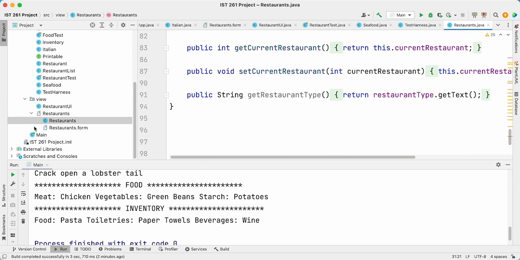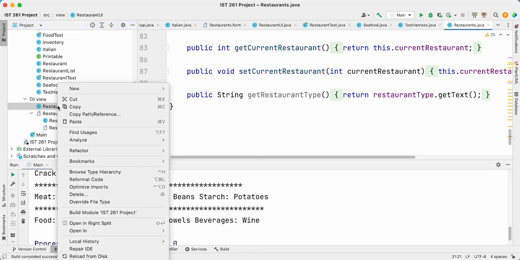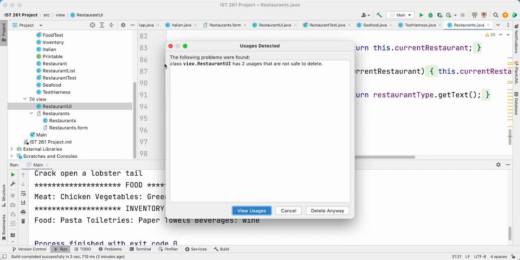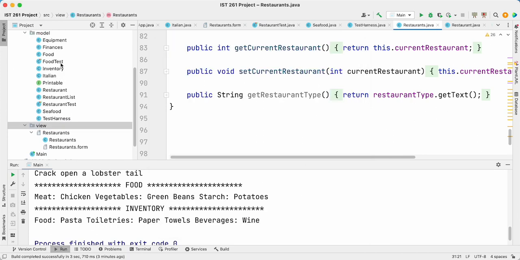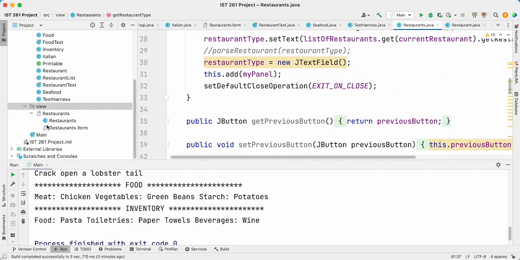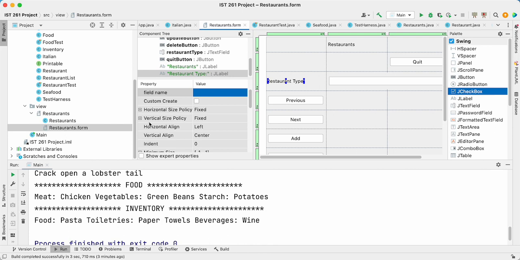I did that because we don't want to use this one because you have two of them. So I'm going to go ahead and delete that. Okay, and heads to usages, delete. Anyway, there we go. All right, and then, okay, then when I looked at the restaurants form, one thing I